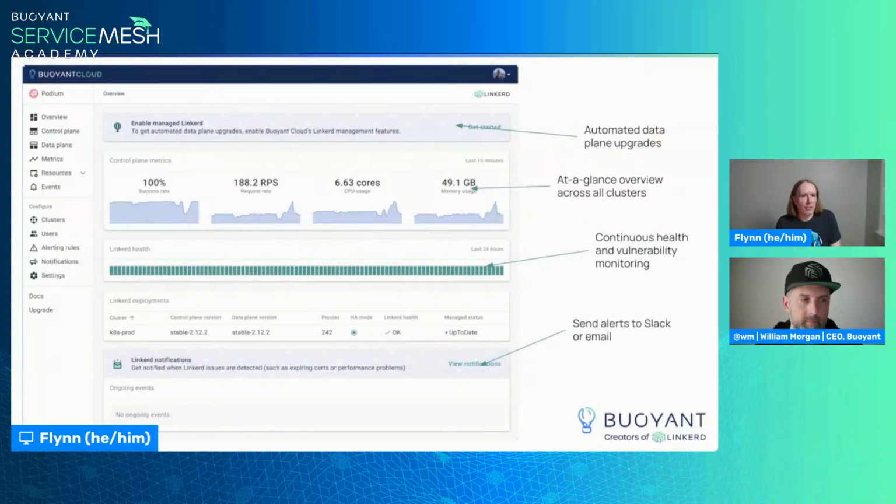Oh yeah, and there we go. I totally forgot the screenshot was here. So just to give you a little visual, I was going to do a demo, but we get 90% of that from the screenshot. So, automated data plane upgrades, great. We'll give you some basic visibility across all of your clusters of what Linkerd is doing, health monitoring, and then you can hook this up to Slack or to email, and just get alerts if there's something that you need to look at ahead of time, like, oh, your TLS certificate's going to expire in 30 days, or, hey, there's a proxy that is continually ooming, or even basic stuff like that. So yeah, we want to make it very easy for you to run Linkerd and feel safe about it.